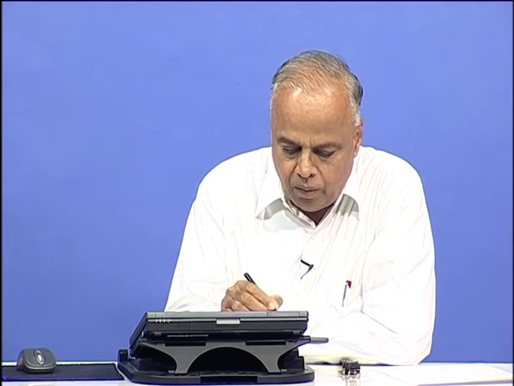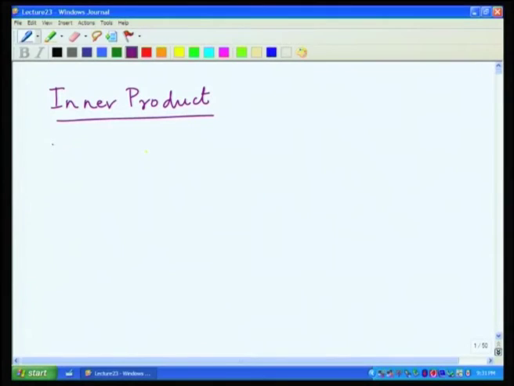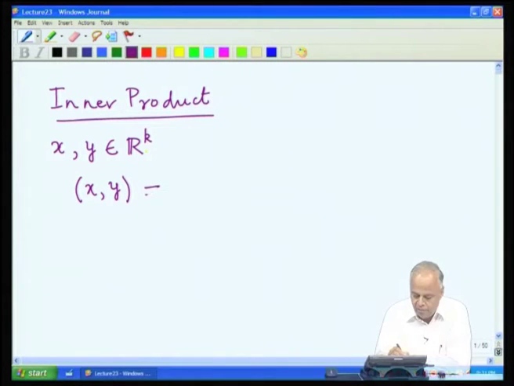In the last lecture, we introduced the notion of an inner product, and we were looking at the geometry induced by this notion of inner product. How did we define the inner product? Suppose x and y are two vectors in R k. We defined and denoted the inner product by x comma y, and we defined it to be the sum of